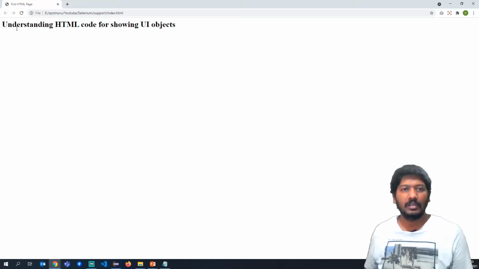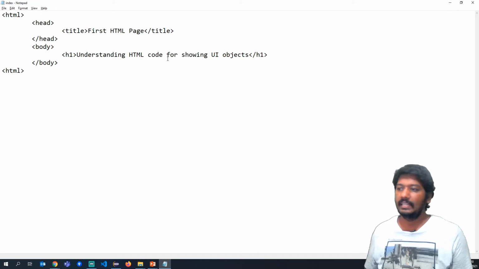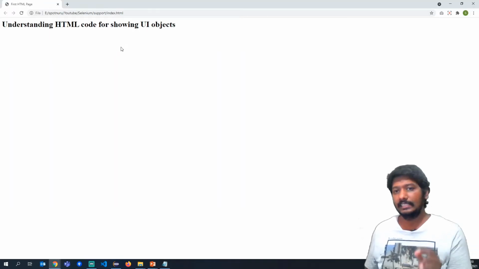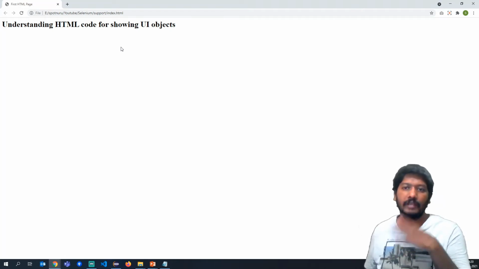Similarly, we have written small content in body which says understanding HTML code for showing UI objects. The same thing is appearing in the actual browser content. And it says H1, right? H1 in HTML code means heading, the highest level of heading.